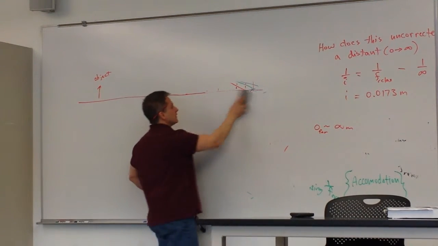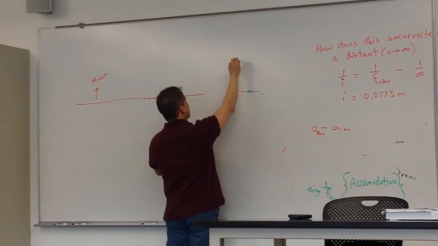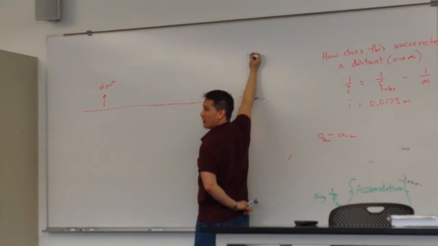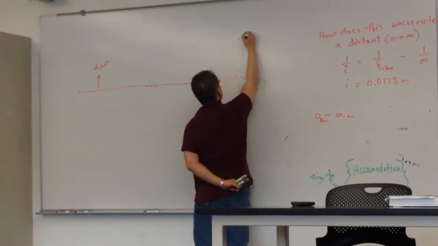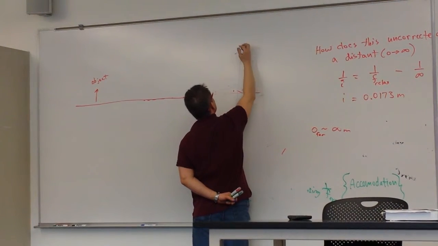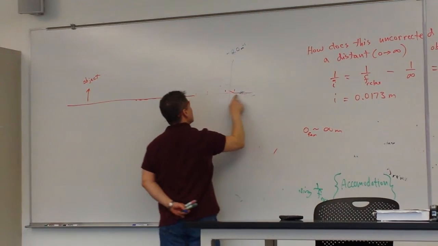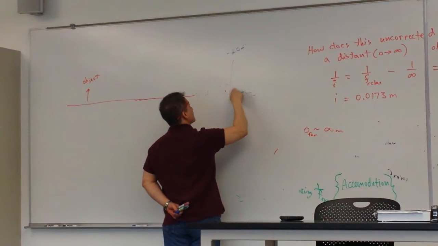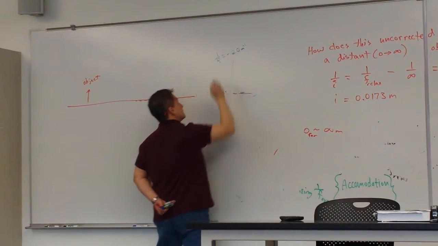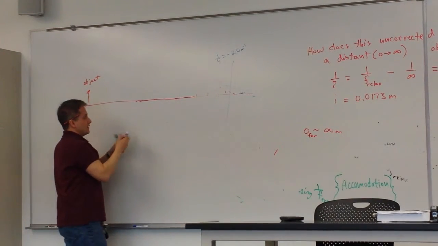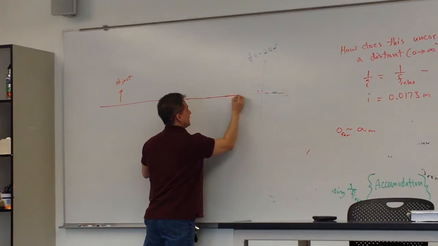So let's put a lens over here, and let's give this lens, I'm going to write it in optical power so that you can figure out what the focal length is for yourself. So let's make it 2 diopters. 2 diopter optical power. And you're looking at an object that is,